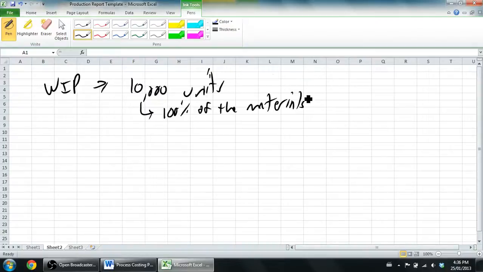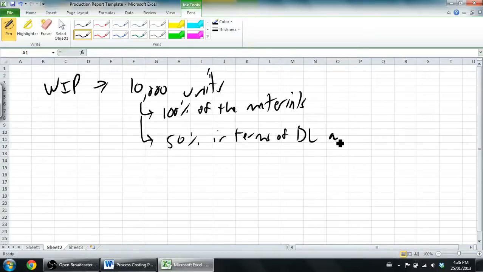So those 10,000 units, even though they're not done, they're 100% done as it relates to materials. Let's say they were only half done in terms of the labor and the overhead. Half done in terms of DL and overhead. Well, you're going to learn in process costing, we actually don't distinguish between direct labor and overhead all the time. We combine them. And if you look back to earlier notes or just chapter 1 stuff in most textbooks, there's actually a calculation. It's DL and MOH. When you combine them, they're called conversion